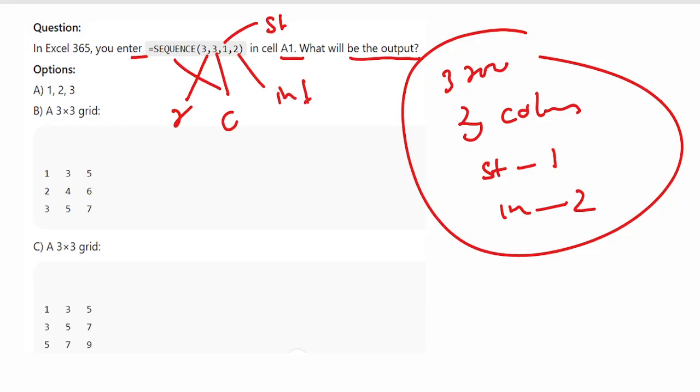So the correct output is this one: it starts with 1, and incrementing by 2 we get 3, then 5, and so on. So option C is the correct one. Now move to the next question.